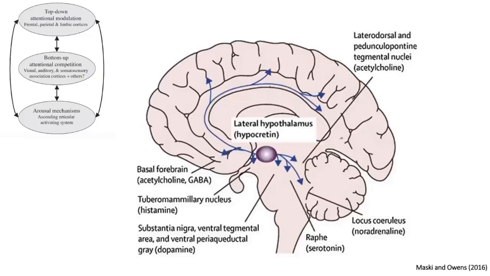So we need to think about arousal as a part of the attentional processing. Without being aroused enough, attention would not work, whether it's top-down attention or bottom-up attention. So that is going to be important to take into account. And as I told you, there are some brain chemicals that are involved. Among those brain chemicals, I want to put emphasis mainly on what we call noradrenaline. You probably have heard about that. Noradrenaline, or norepinephrine,